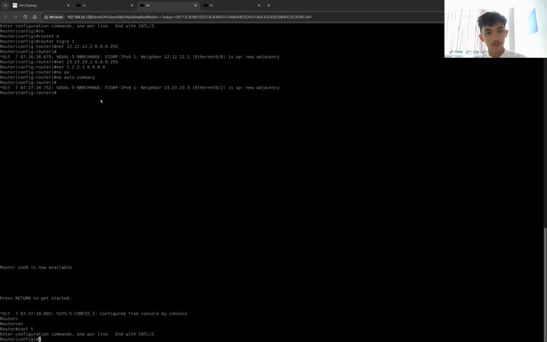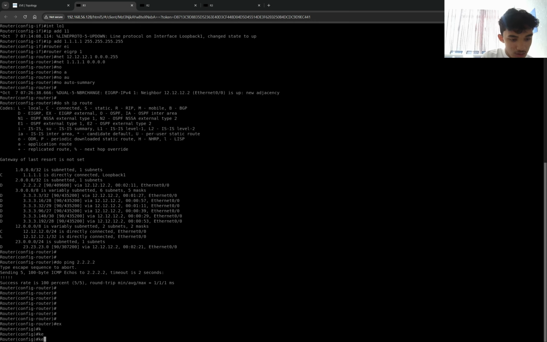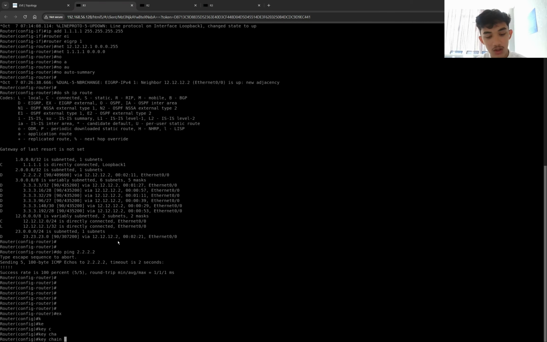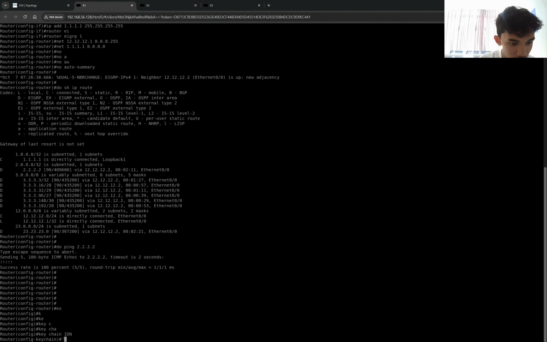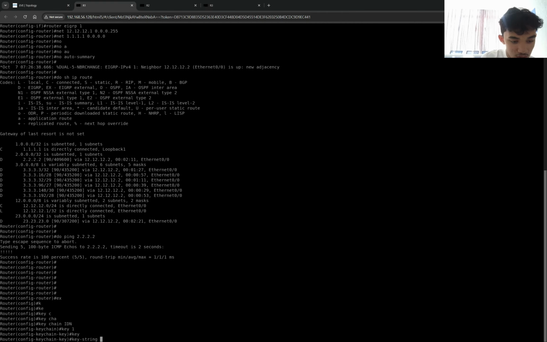At router 1, here, type key chain and then add the name. For example, here I use IDN, then enter. After that, type key 1, enter, and then add the key string. Key string DKG, for example, and then enter.